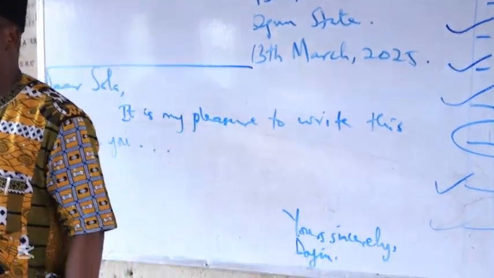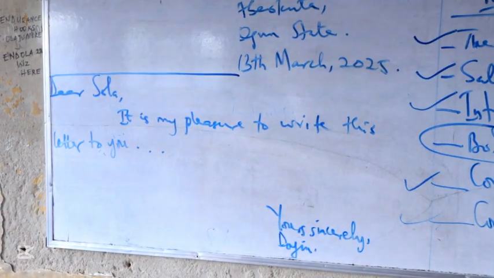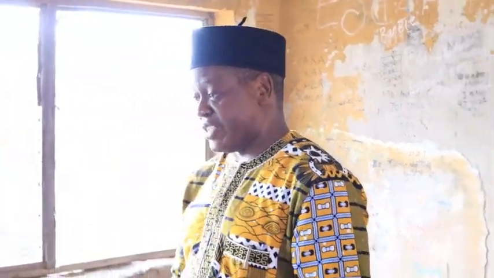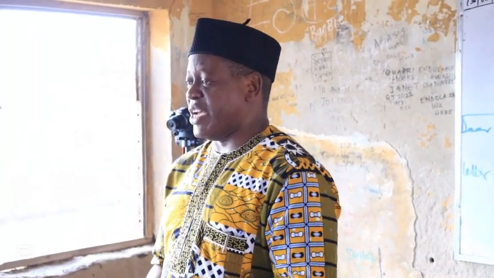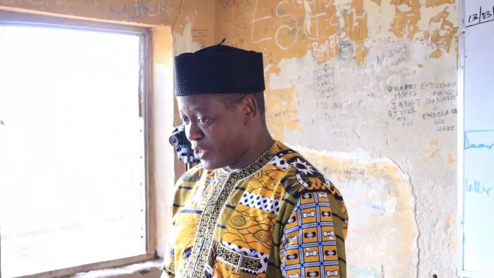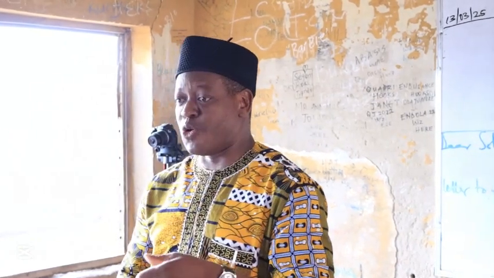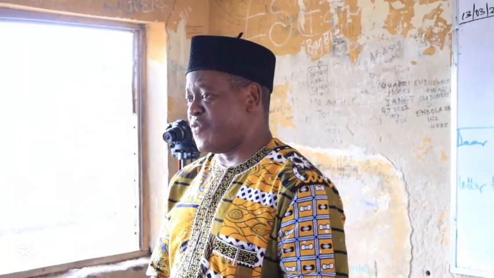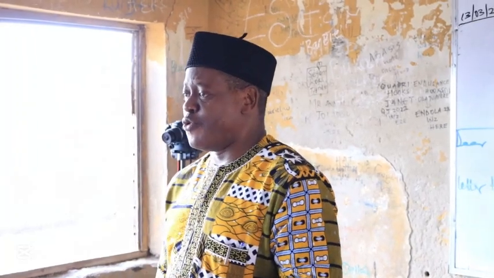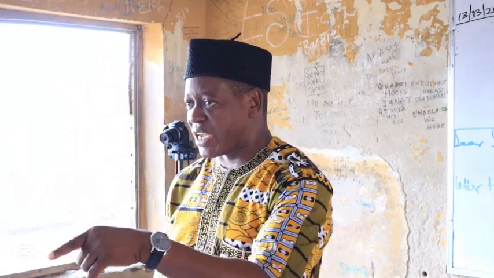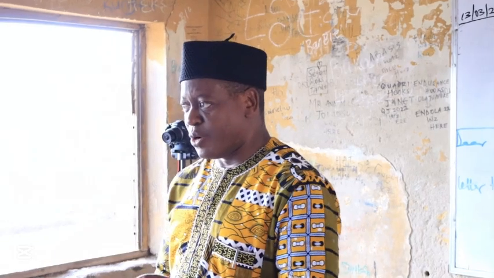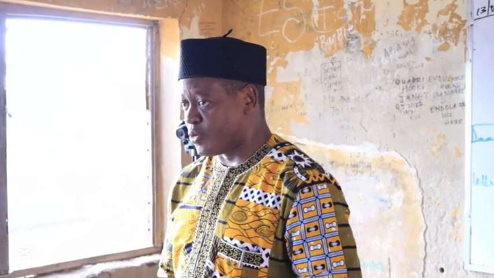That's all. Tomorrow, by the grace of God, I'm going to give you a whole essay to write. Either essay or letter, you write one tomorrow. But before then, I'll first revise essay writing with you. I've revised letter writing today, so tomorrow I'll revise essay writing. After that revision, I will give you an essay of 450 words to write, and I will mark before we leave this place. This one will not be something I will take home. I will mark them here before I go, and you have your scripts so that you know where you belong.